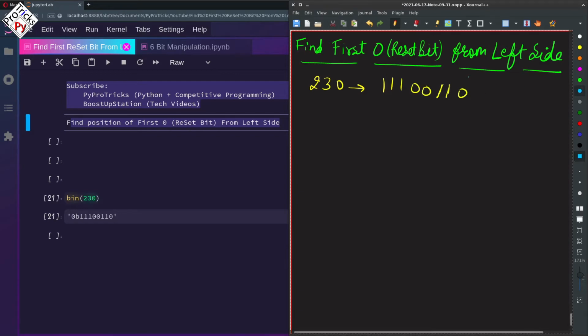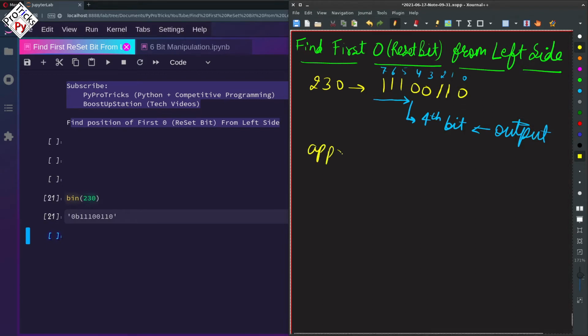And if we mark the positions 0, 1, 2, 3, 4, 5, 6 and 7, the output must be 4. The fourth bit is the first 0 from the left side, right? So that is what we are going to find out. So this must be the output of our program.